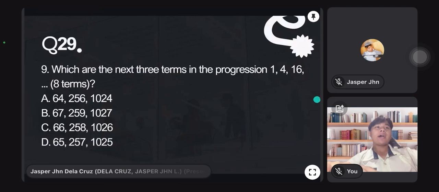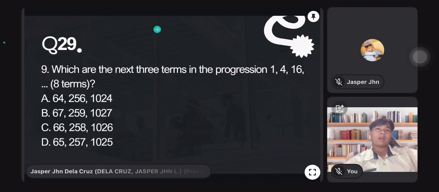Okay, alright, number 29, the second to the last number of specialization. So which are the next 3 terms in the progression 1, 4, 16, and so on and so forth? Okay, so it says there 8 terms. Okay, so that is very important. Letter A,